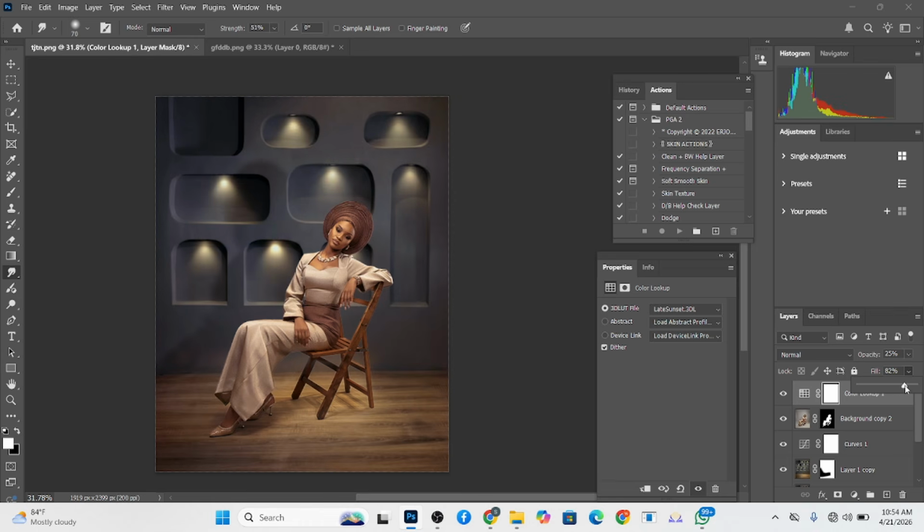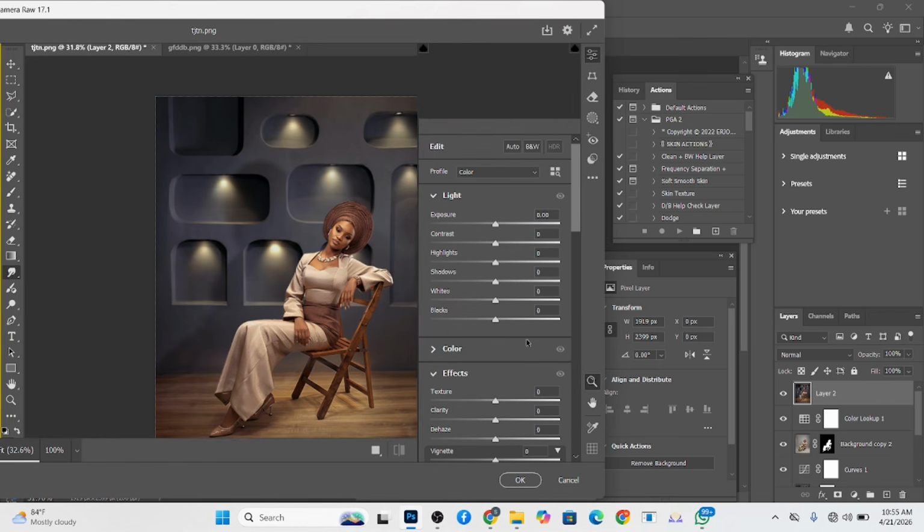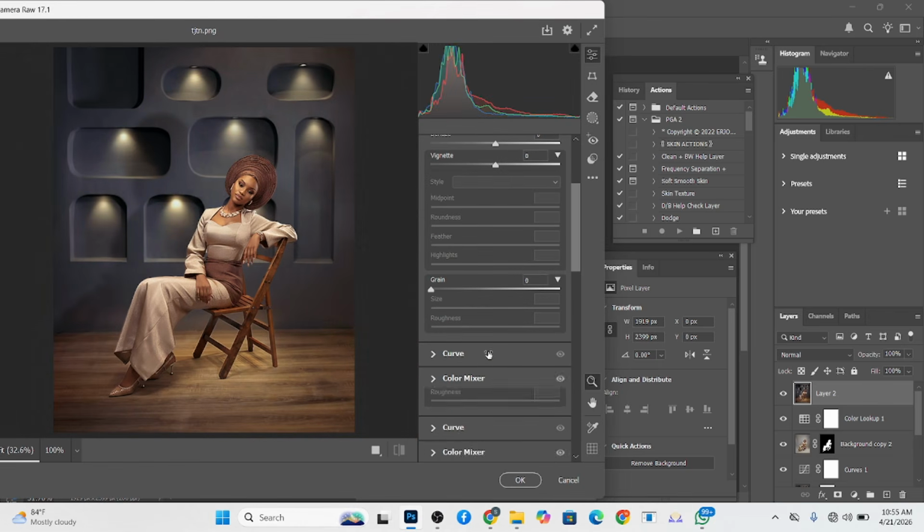So once I'm done doing that, the next thing I'm going to do is to press Ctrl Shift Alt E to create a stamp visible layer. Then go to my filter and open my Camera Raw filter. You know I always do this, right? Then right inside my Camera Raw filter, I can now decide to